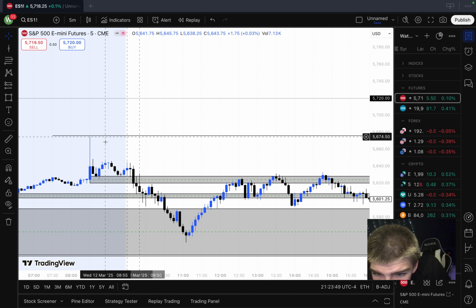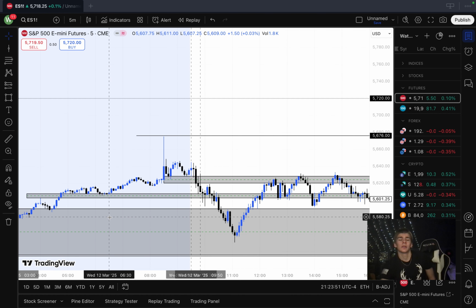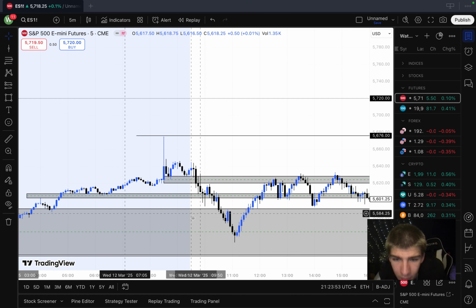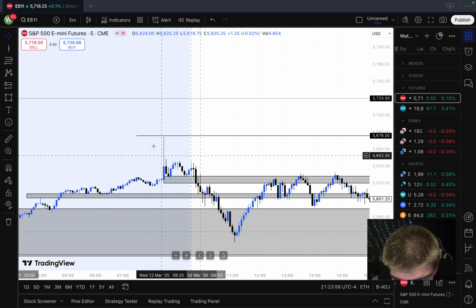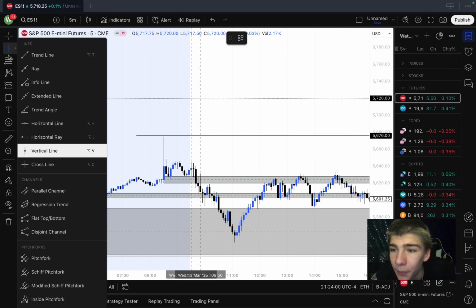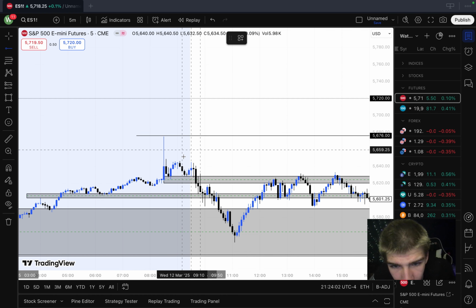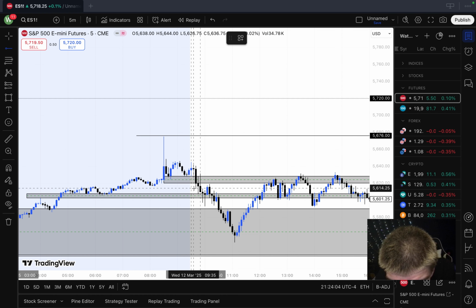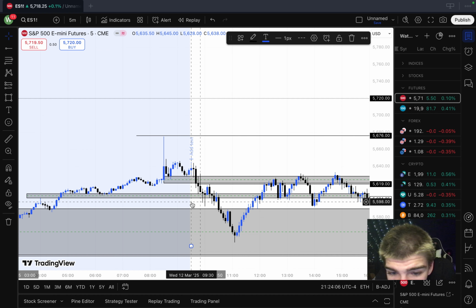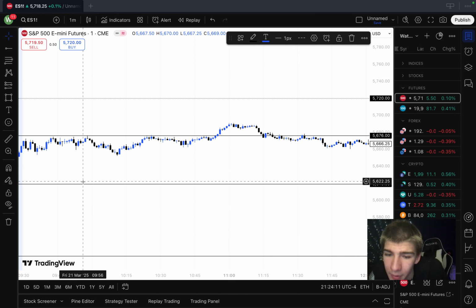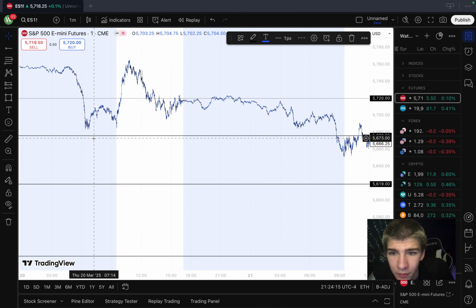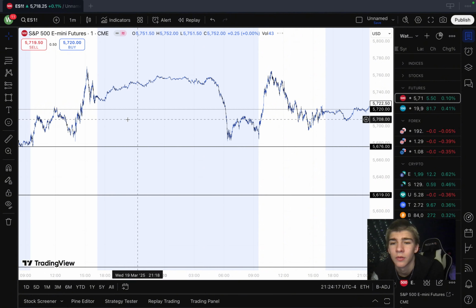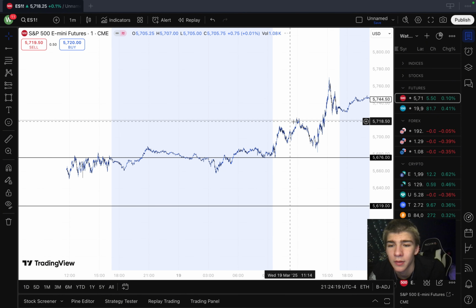I'm trying to think of what happens here. In this gap when market opened, we're in a downtrend, so bearish momentum. Then what? We have a retracement up. So once we get that retracement up, usually what I do is scale down to 1 minute. This is the annoying part. Scroll all the way back until you find your